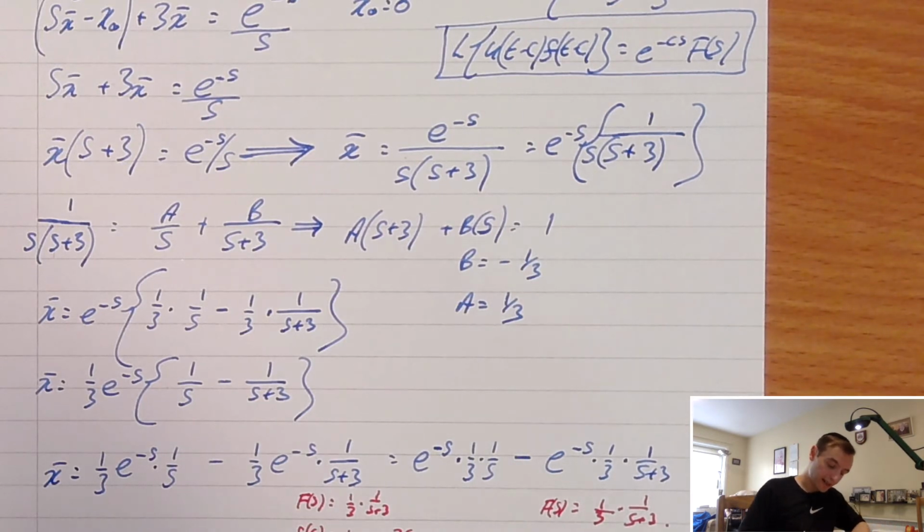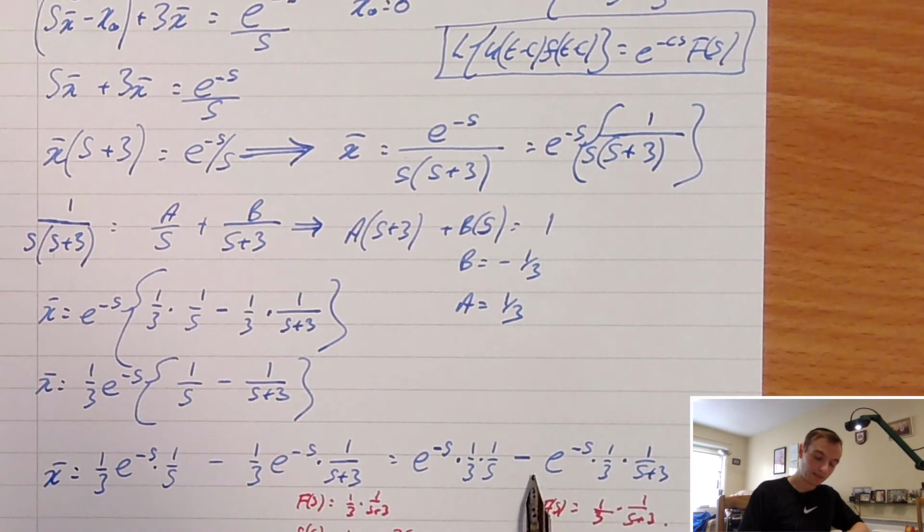So we can now say that x equals the inverse Laplace transform of e to the minus s, 1/3, 1 on s, minus the inverse Laplace transform of e to the minus s, 1/3 dot 1 on s plus 3. So e to the minus s, so the shift is going to be 1, so that's going to be u(t minus 1), and the function is going to be